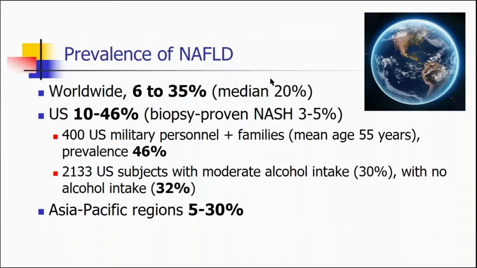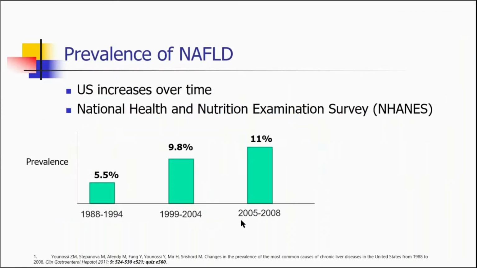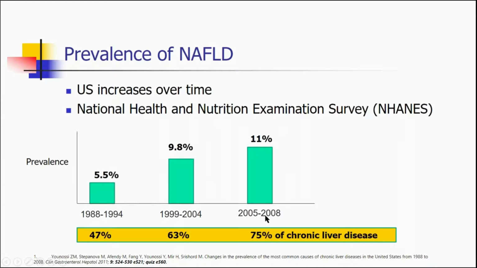Also, the prevalence of NAFLD is now estimated to be 20–25%, but there are studies reporting even higher percentages in the United States and the Asia-Pacific regions. The prevalence might go up to 30%. And over the years, from 1988 until 2008, this is the increasing trend of NAFLD, which now accounts for 75% of chronic liver disease. However, these estimates might be lower because cohorts with normal transaminasemia were not included.